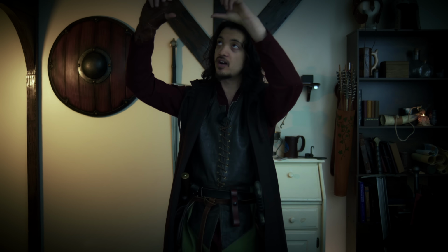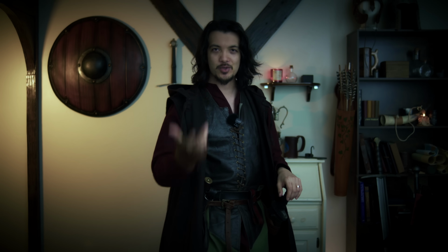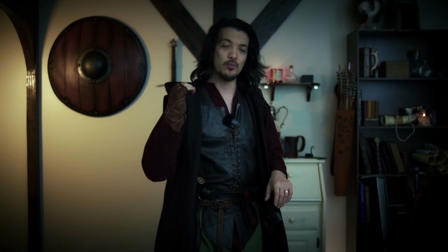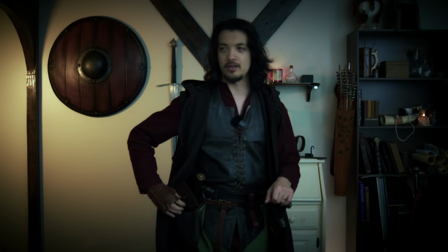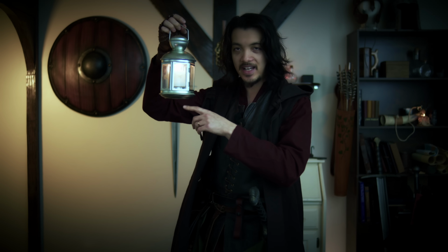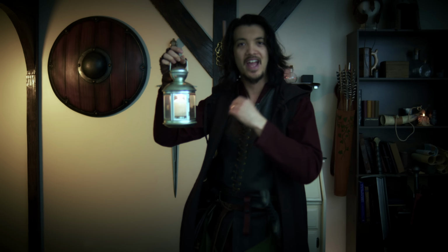You see, the sun sets and we have this thing called nighttime. And oftentimes we in the modern day will either have a flashlight or our phone in our pocket, and we will take that out if we need to see something. But nothing ruins your immersion more than this while you are on your adventure. So the first essential item that is easily forgotten is to bring some sort of light, some lantern, a candle,